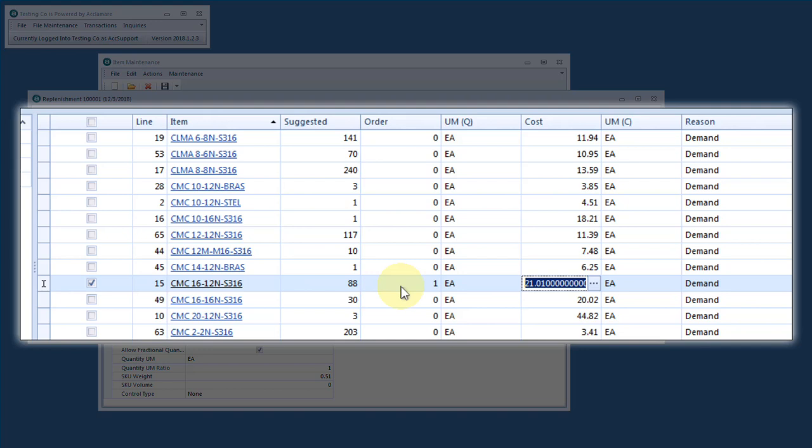At a quantity of 200 we received, I believe, a 10% discount. So if I change my quantity here to 190, the cost is still $21 per each. If I change it to 210, now our cost reflects the 10% discount. So you'll notice that in this case the replenishment is set to each, and it is being evaluated in the